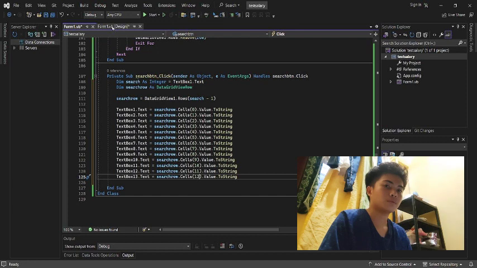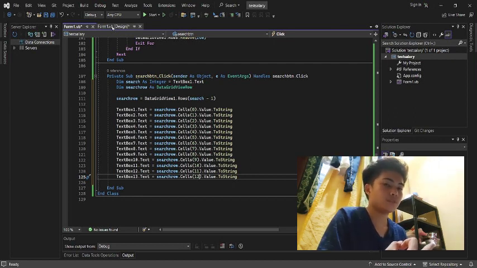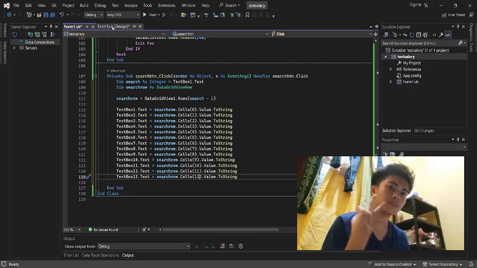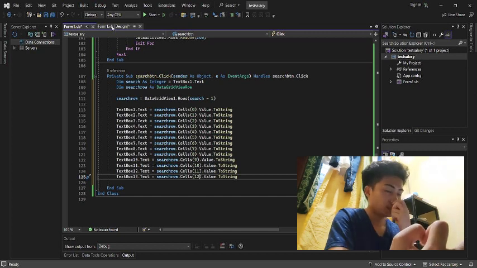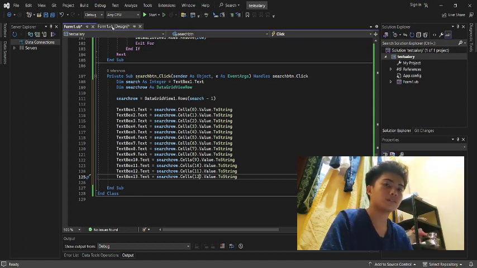So if you want to return the value of row 2, you input 2. If you don't subtract it by 1, the content of the index is 0, 1, 2, so it will return the third row. To avoid that, we subtract 1 from the search variable,